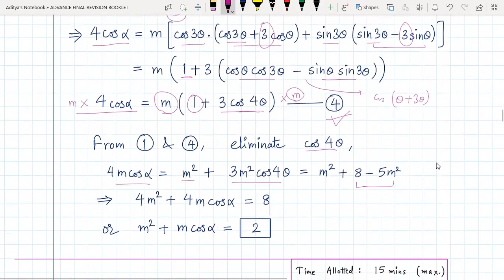Okay, now we rearrange, and we get 4m square plus 4m cos alpha is equal to 8. And finally on dividing by 4, we get m square plus m cos alpha is equal to 2 as the final answer. So quite an interesting problem, and a little bit on the lengthier side as well. Also a little tricky, and that's what's making it quite a tough problem to solve. But I hope you all enjoyed watching the problem and learned something new. A little bit of a difficult technique you were able to see and understand.